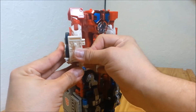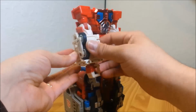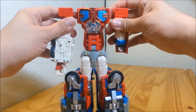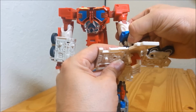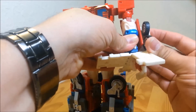And then the rest of these panels are going to fold up, much like Optimus's arms did. And these go all the way around all four sides, and they plug into each other, and they become pretty secure. So, same thing on this side here. We're going to take the Magnus fist, handshake with Optimus,